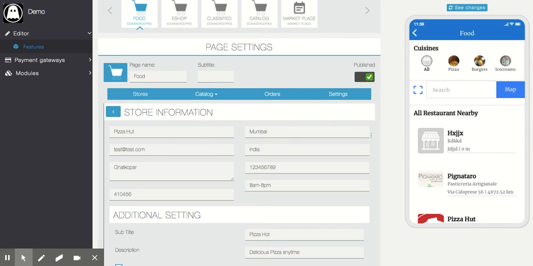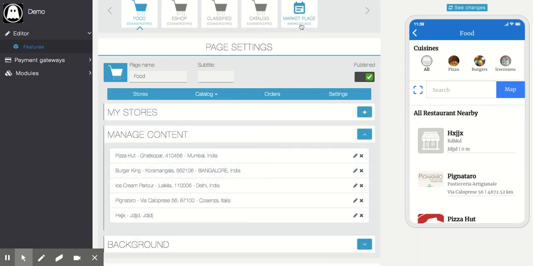I am logged in with user test@test.com, so I'll see this Pizza Hut as a store owner. Whenever a store is created from the marketplace model, it saves this setting with an email ID, and the email ID is a common factor which assigns who will have access in the front end. Okay, so hope it is clear now.